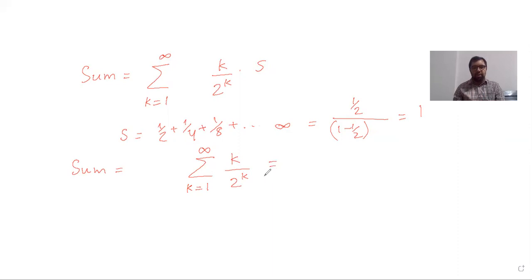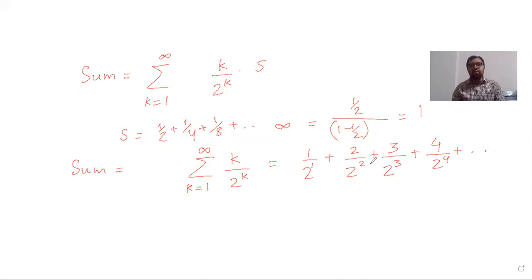So now if we start substituting the values, if we substitute k is equal to 1, we get 1 upon 2 raised to 1, which means half. If we substitute k is equal to 2, 2 upon 2 square. If we substitute k is equal to 3, 3 upon 2 cube. If we substitute k is equal to 4, 4 upon 2 raised to 4. Okay, and up till infinity. So if you focus here, we can observe that the numerators are just increasing by 1: 1, 2, 3, 4. So basically, if you focus only on the numerators, this is behaving as an AP. And now if you focus on the denominators, the powers are increasing by 1.